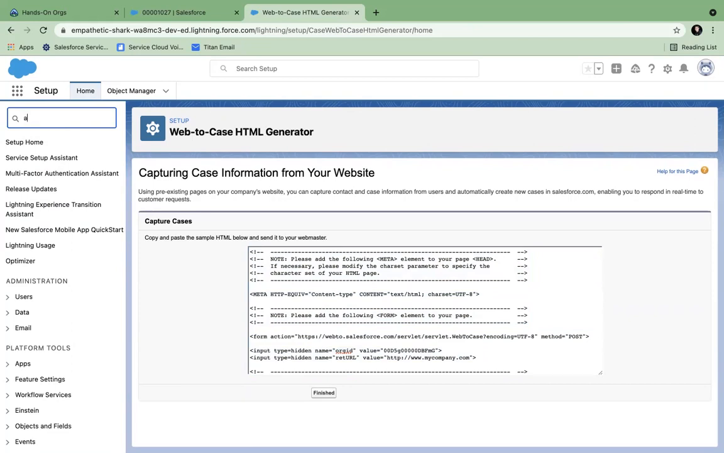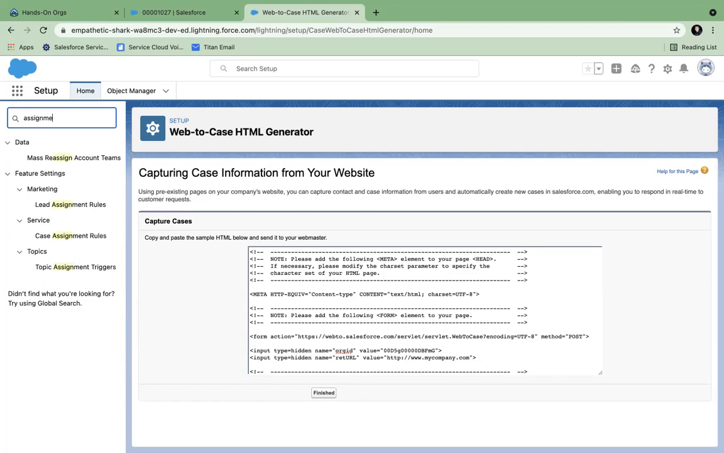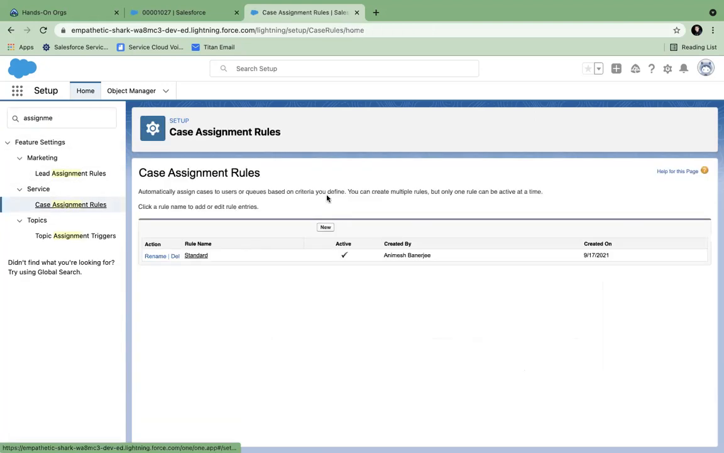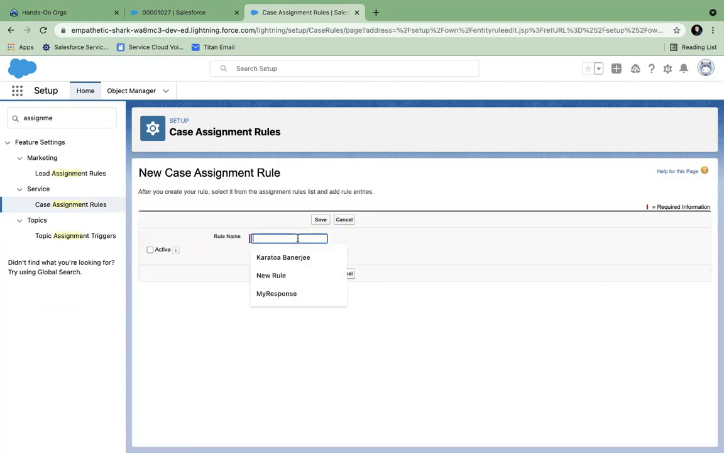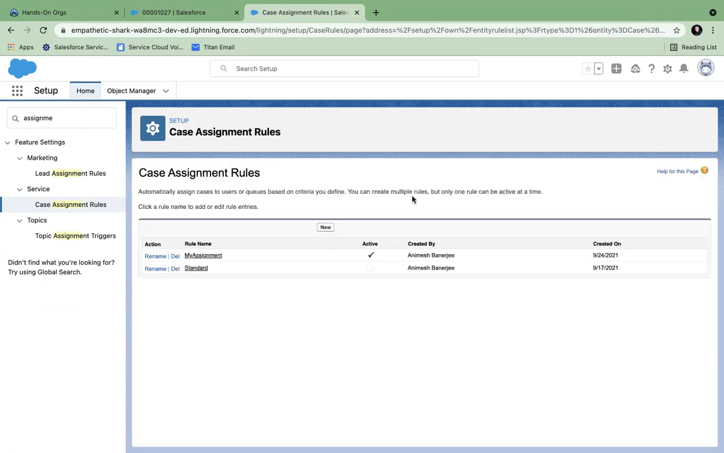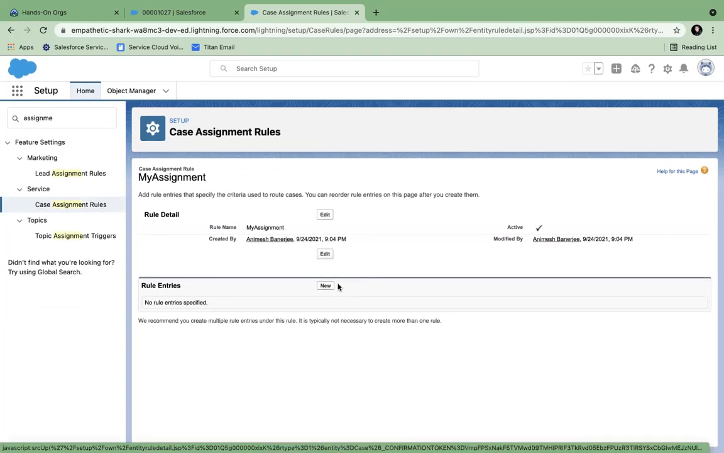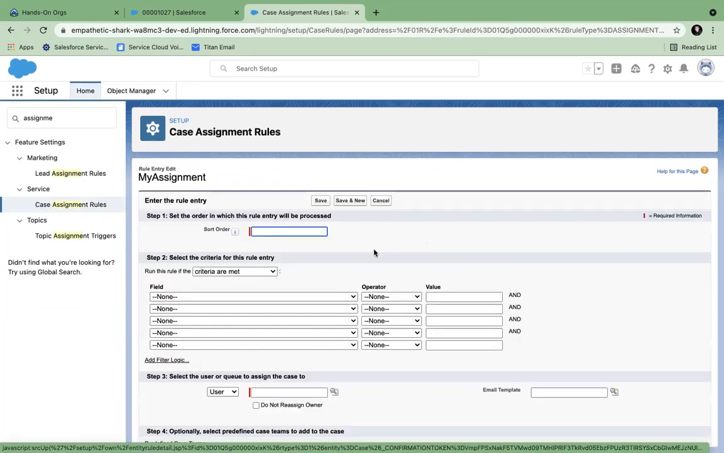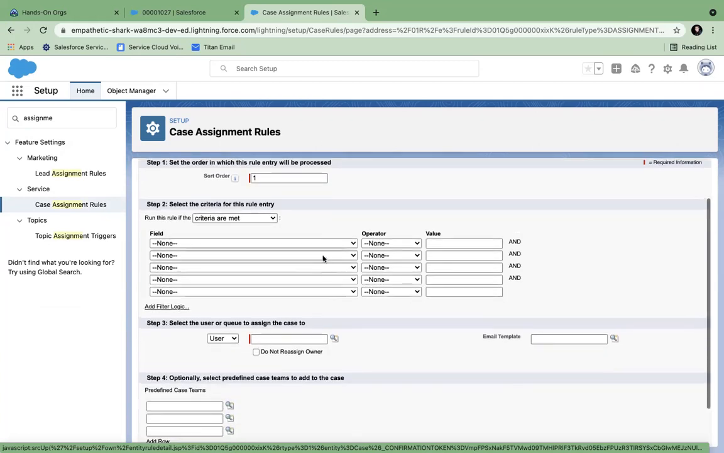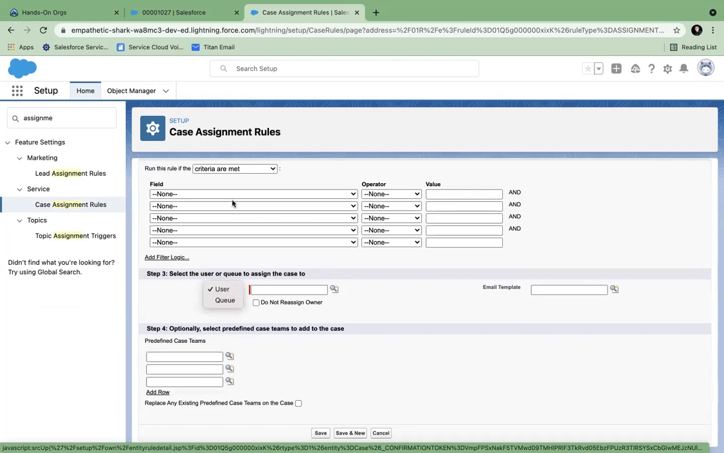How do we assign that? For that, we need a case assignment rule. So if you create a new case assignment rule, and I want to make it active, you see, at any time only one case assignment rule can be active. So you create your case assignment rule, and you can create your own entries. Entries can be a step-by-step process. So first, sort order is 1,